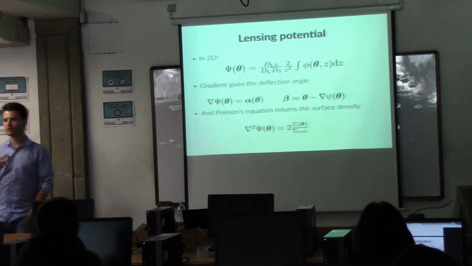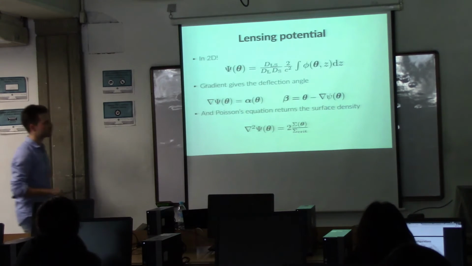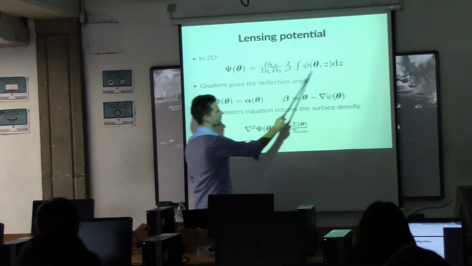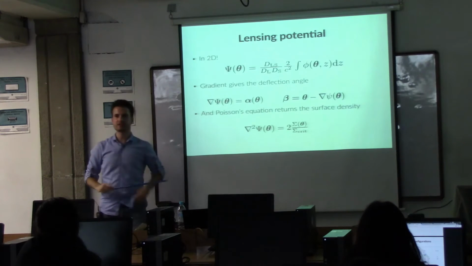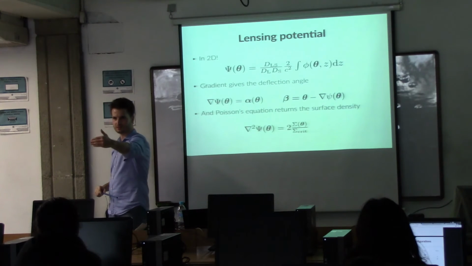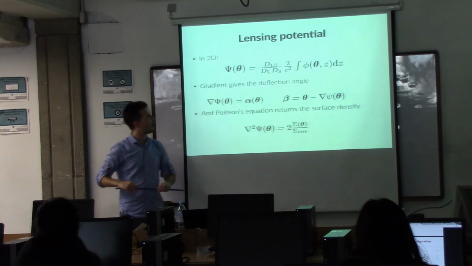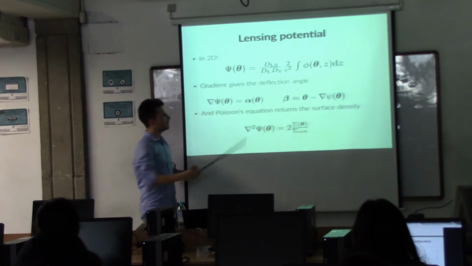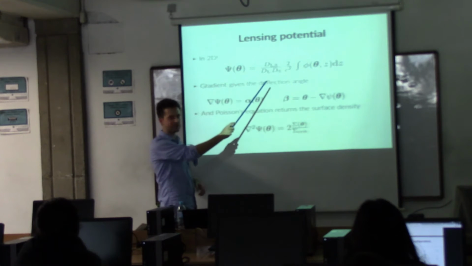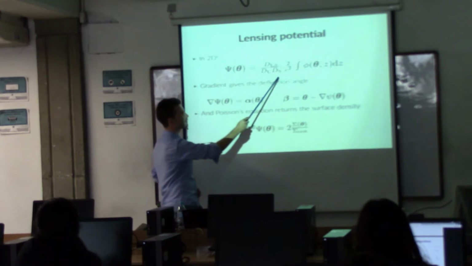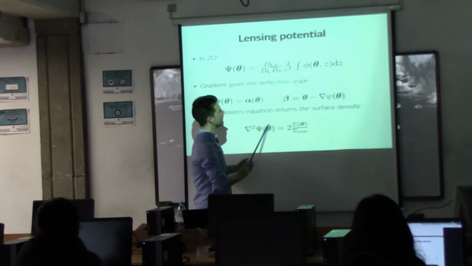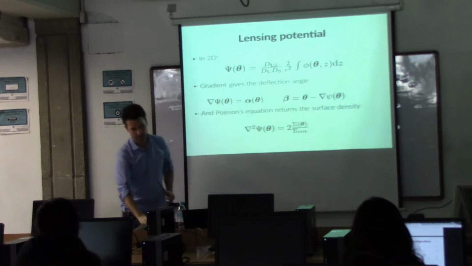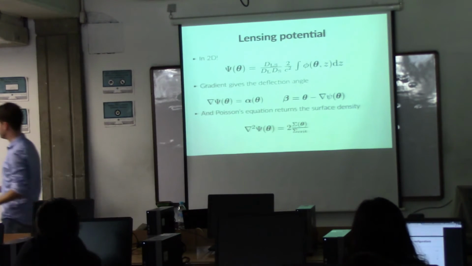So let's take your three-dimensional gravitational potential over here and just integrate it along the line of sight. And we'll call this now the lensing or the effective potential. There are some prefactors here, so the equations work out in nice units. But basically the point here is